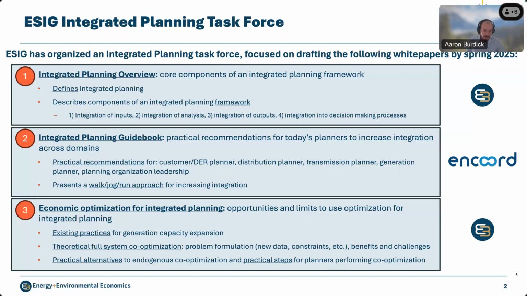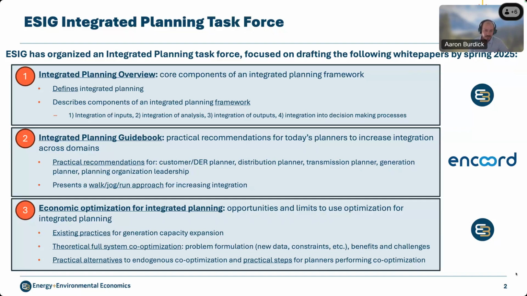And then the third product, most relevant to today's discussion, is about economic optimization. Here we are picking up today's discussion and focusing on the opportunities and the challenges of trying to do more within the optimization modeling component of planning. So we'll talk about how the optimization problem changes, what new data is required, what new constraints can be added, the benefits of doing so, the challenges of doing so, and then some of the practical alternatives that may be options where co-optimization